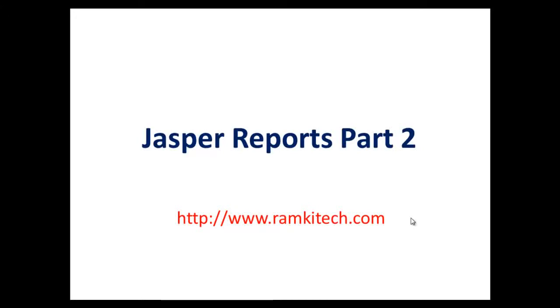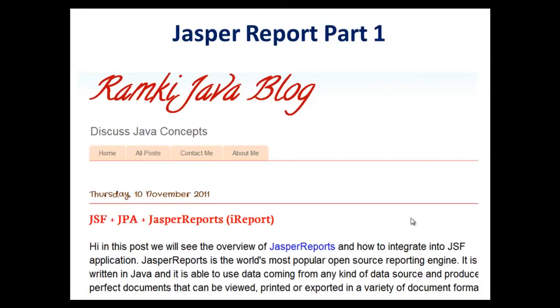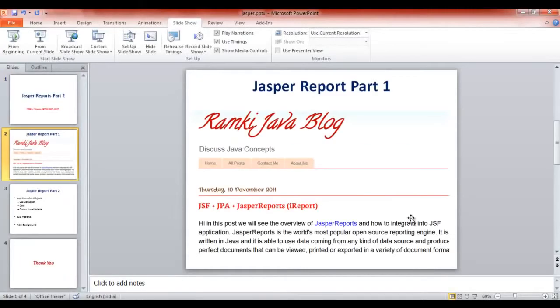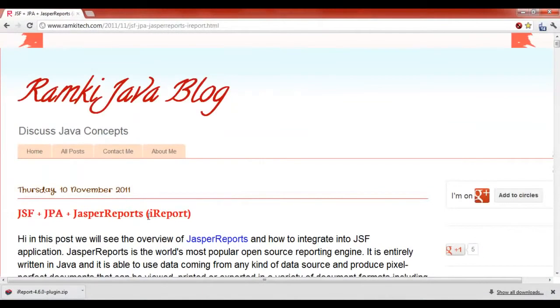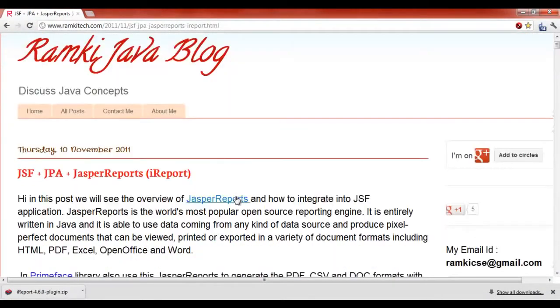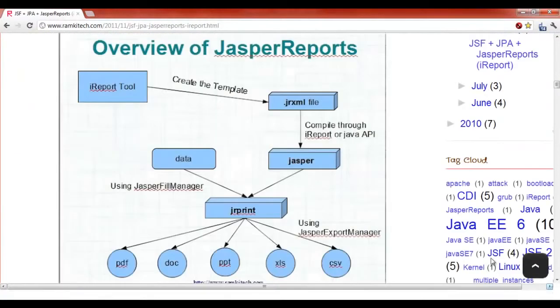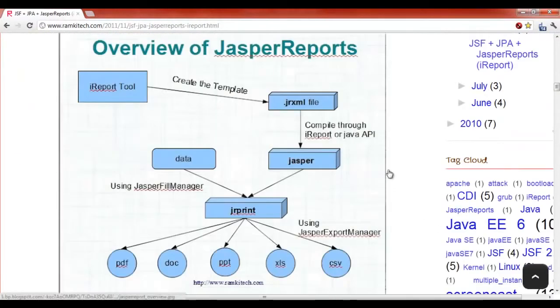Hi, in this screencast we'll see some advanced Jasper reports. In part 1, we discussed how a basic Jasper report is integrated into a JSF application. In my blog, I describe how we integrate Jasper reports, and we also saw an overview of how Jasper reports work, and how we export into various formats like PDF, doc,